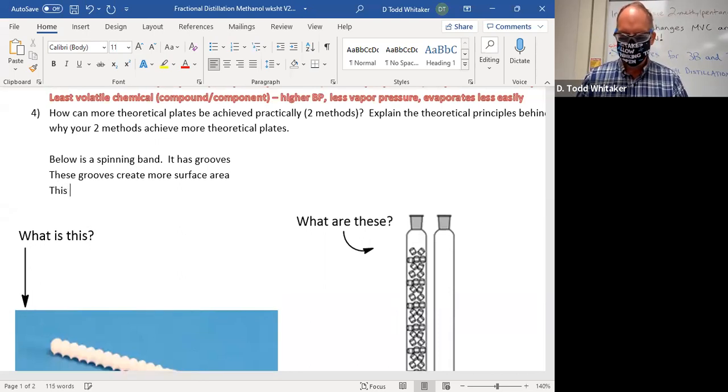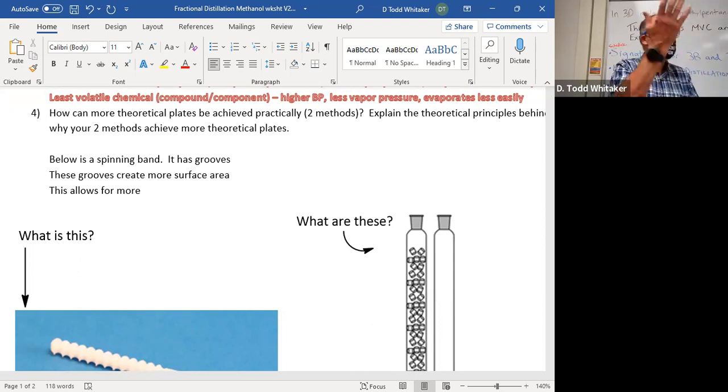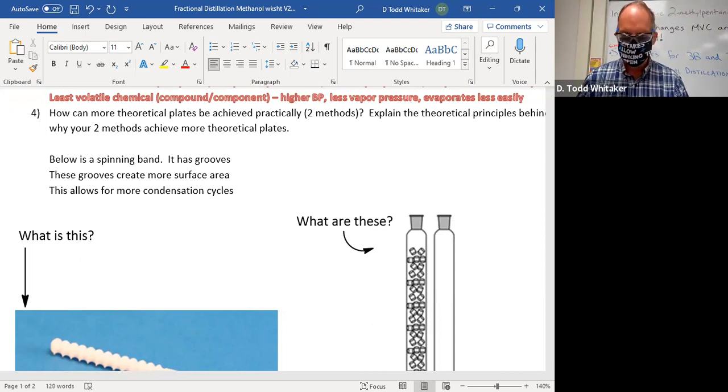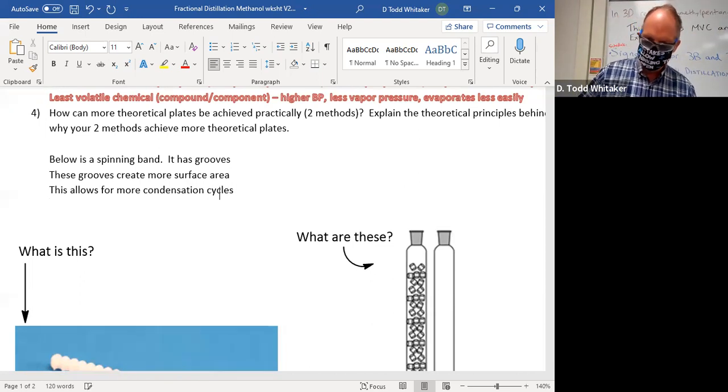This allows for more surface area. What happens on the surface of the glassware? You're boiling liquids, and then what happens on the surface? More condensation cycles. The spinning action,